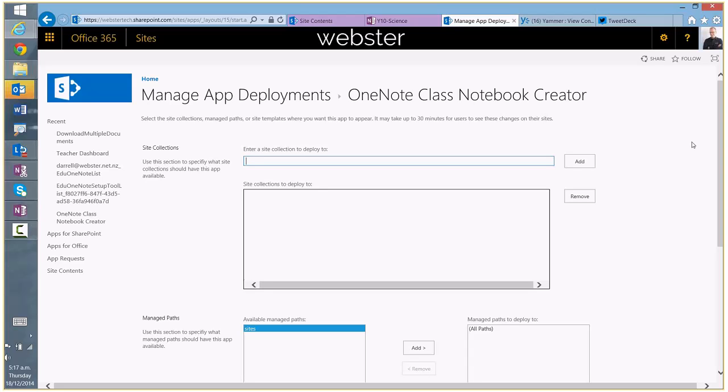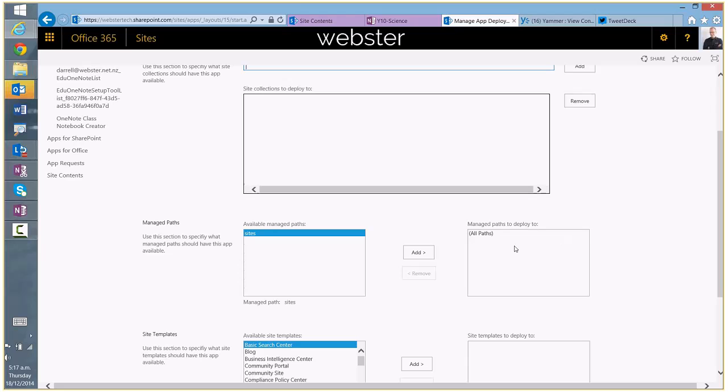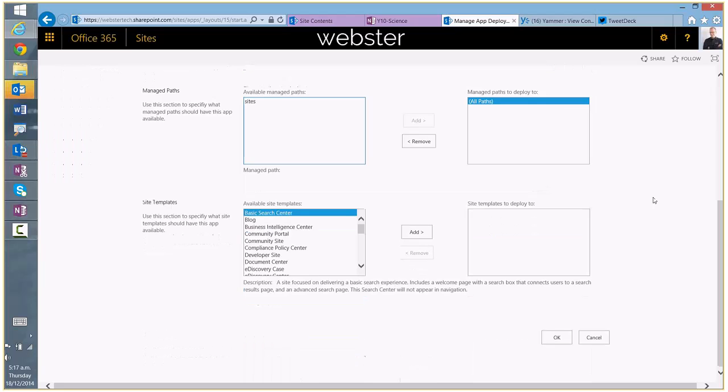And we've got some options here to publish the app and how we'd like to do that. If you want to control it and say just publish it to a certain site collection, you can look up the name and add it. But one of the best ways to do it within your school, because it's going to be a very useful app for everyone, is to select all paths from the left hand side. Just click add and OK,